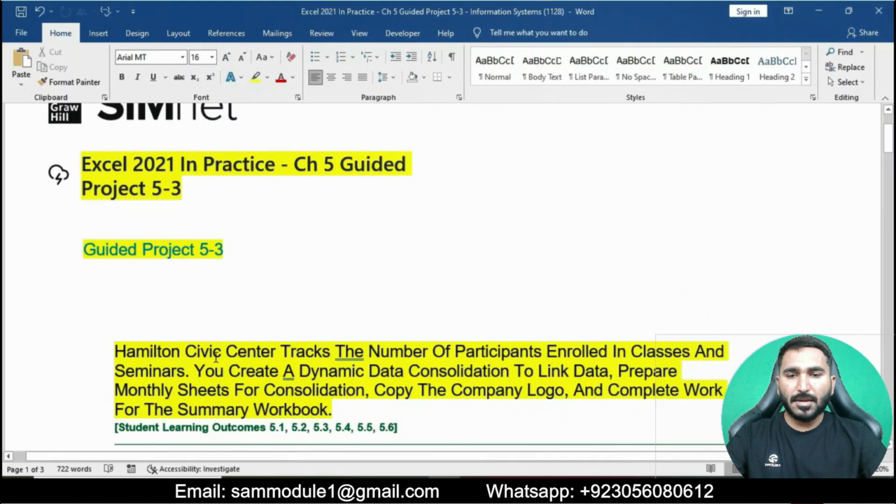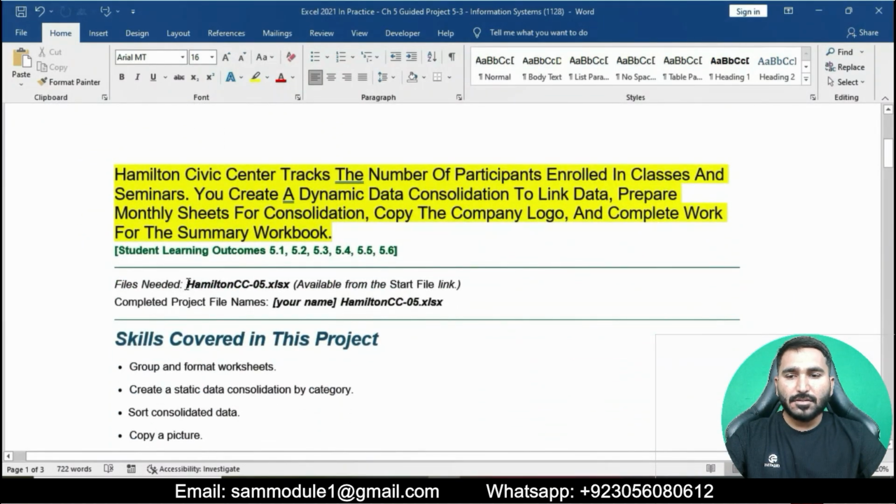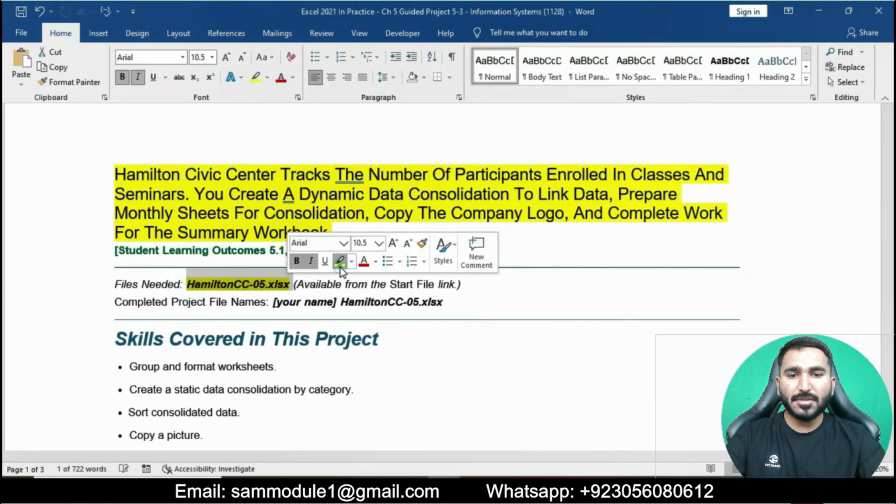Hamilton Civic Center tracks the number of participants enrolled in classes and seminars. You create a dynamic data consolidation to link data, prepare monthly sheets for consolidation, copy the company logo and complete work for the summary worksheet. File needed: Hamilton CC 5.xlsx, available from the start file link.